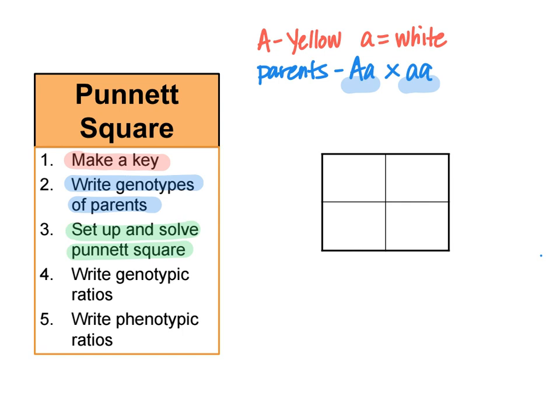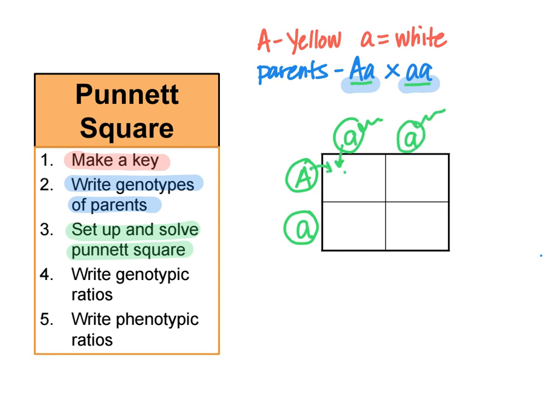Each of the parents are diploid, so their alleles will separate away from one another and wind up in separate gametes. We represent this by showing each of their alleles in separate rows. This parent, also diploid, is going to separate his alleles on separate columns. The individual squares inside the Punnett square represent fertilization. So if these are the eggs represented by mom, and these are the sperm represented by dad, and this egg